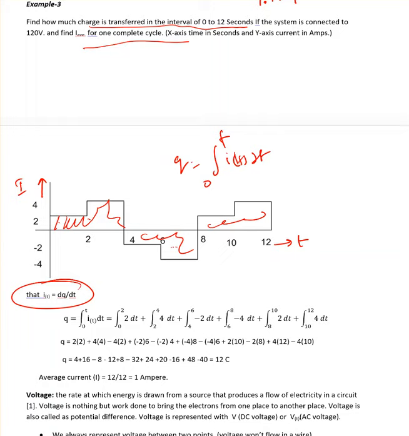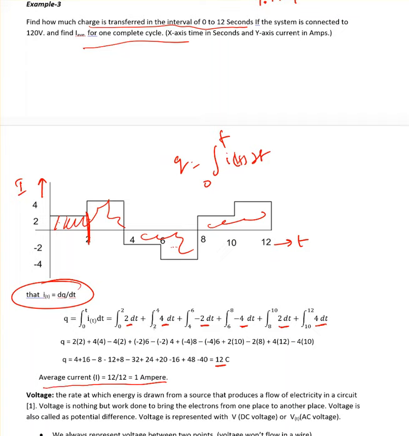But if you use the integration, you have to divide the time intervals. From 0 to 2, the current magnitude is 2 amperes, and 2 to 4 it is 4 amperes, 4 to 6 it is minus 2 amperes, 6 to 8 minus 4 amperes, 8 to 10 it is 2 amperes, and 10 to 12 it is 4 amperes. If you integrate it, you'll end up with Q equal to 12 coulombs,